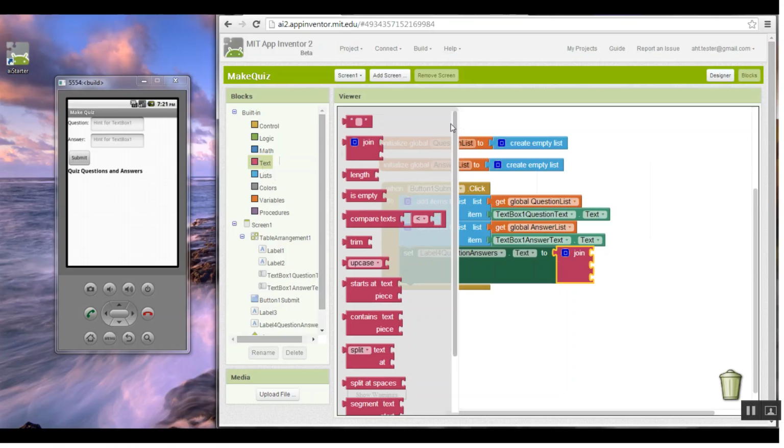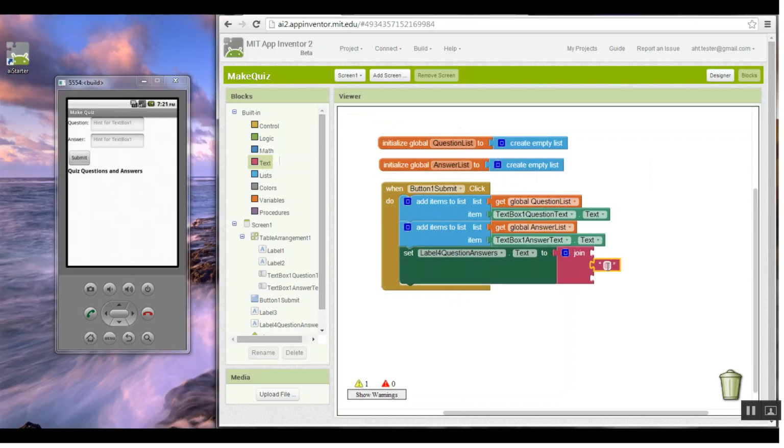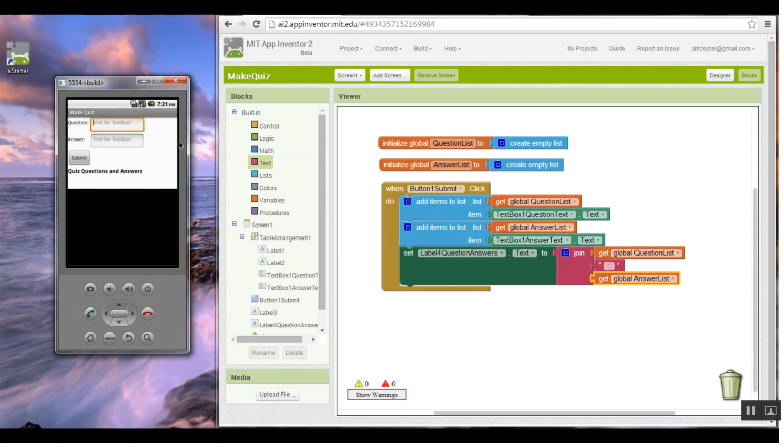So let's go and grab a blank text, put space, shift colon, and then space to kind of break it up. But this is going to look goofy anyway when you see, because watch, we're going to take this, I'm just going to duplicate it, and there's our question list, and then let's duplicate it again, make it our answer list. And the reason it's going to look goofy is that when I run the app, it's going to just give you the whole list in parentheses, which is really not what we want. We have like question 1, and then we'll have answer 1,